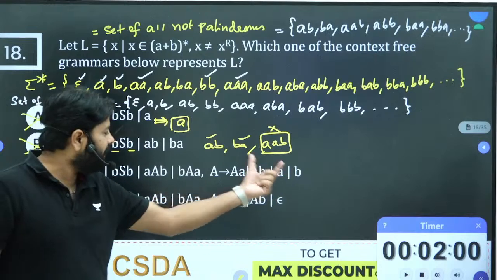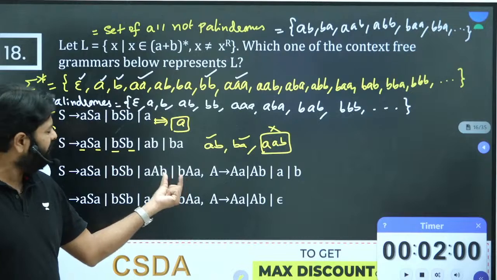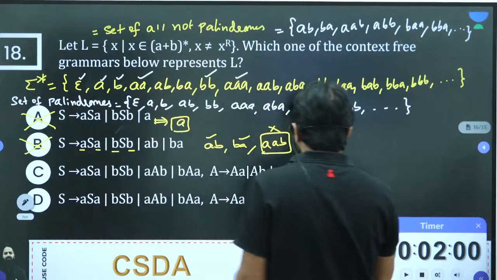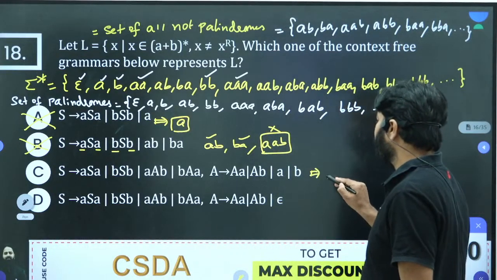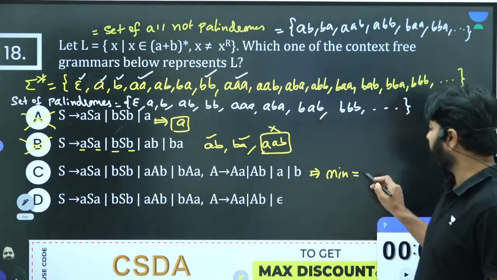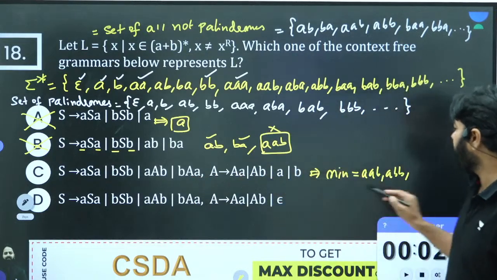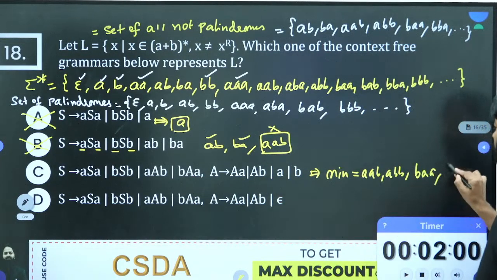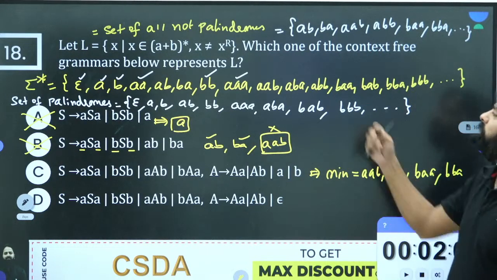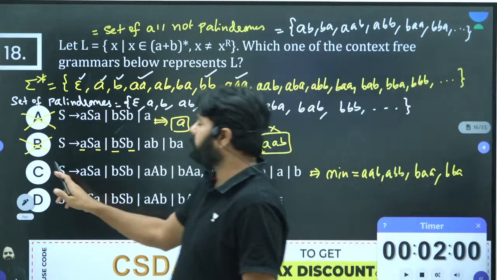But when you put this A or B here, what happens? Minimum string is AAB and BAA or BBA, whatever you have it. So here minimum string is going to be 3 length. Like what? A, capital A is either A or B, AAB or ABB. Similarly here BAA, capital A is either A or small b when you put this 2. And these are the minimum strings, but we want in the language 2 length also. So this will not generate 2 length, so this cannot be the option.